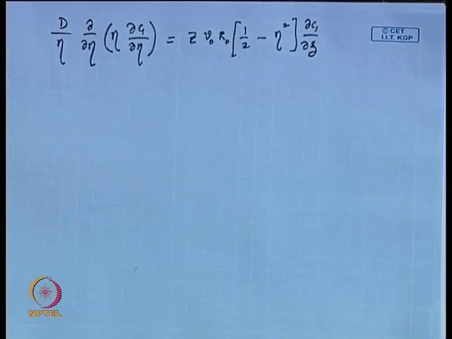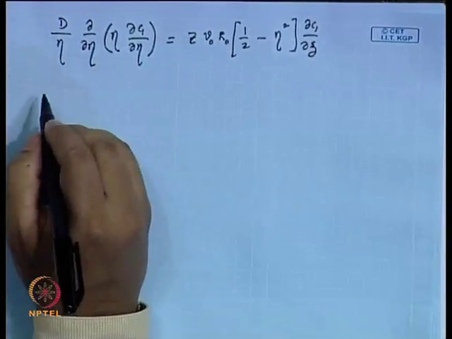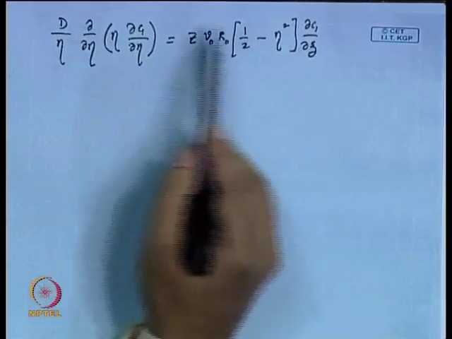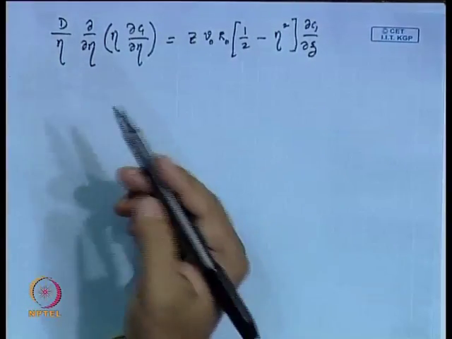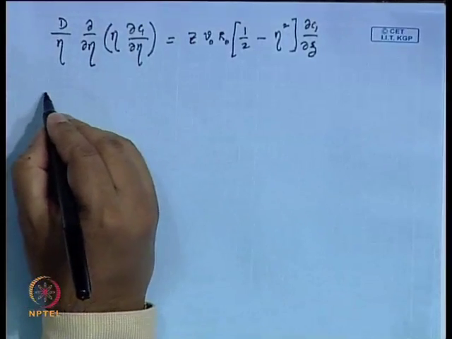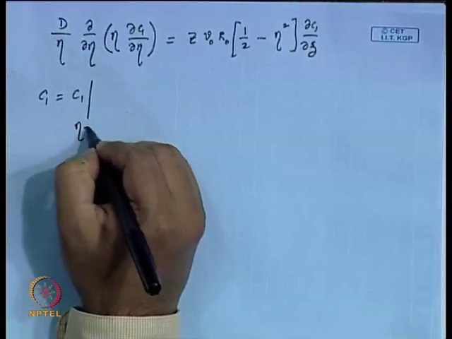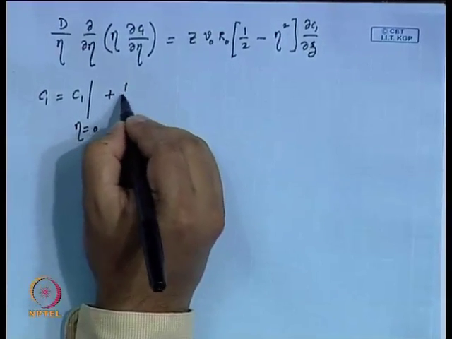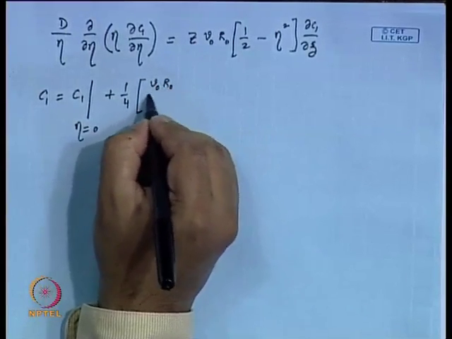That is what you will end up with if you substitute these two terms r and z by these eta and zeta, and a solution of this above equation which satisfies the boundary conditions which you have already specified is given as C1 is equal to C1 at eta is equal to 0 plus 1/4 V naught r naught by d